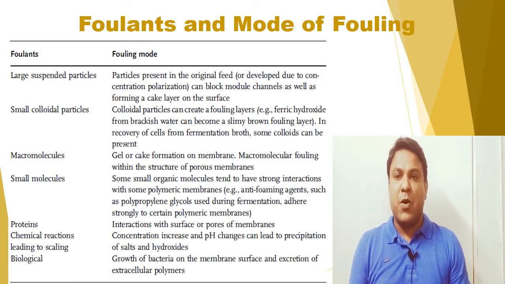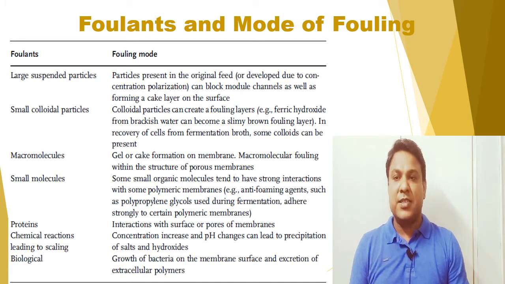In recovery of cells from fermentation broth, some colloids can be present, where small colloidal particles may be present as pollutants. Similarly, under macromolecules and small molecules, gel or cake formation on the membrane can cause fouling, or small organic molecules like antifoaming agents and polypropylene glycols, which can be used during the fermentation process. In proteins, interaction with the surface and pores of membranes is the fouling mode,